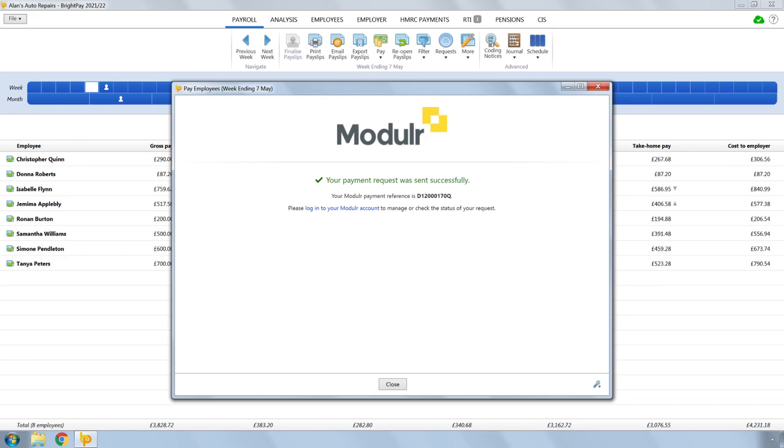If you are in a payroll bureau situation where you process payroll for clients, the client or the person authorized on the Modular account to make payments will now be notified that the payments are pending approval. This user will be required to log in to their Modular account using secure mobile two-factor authentication and approve the